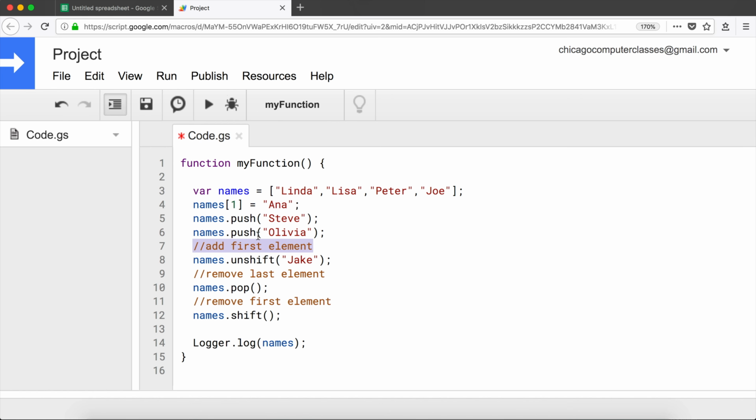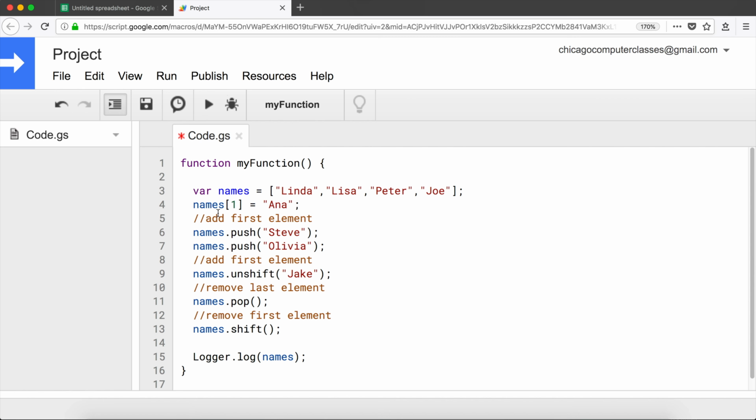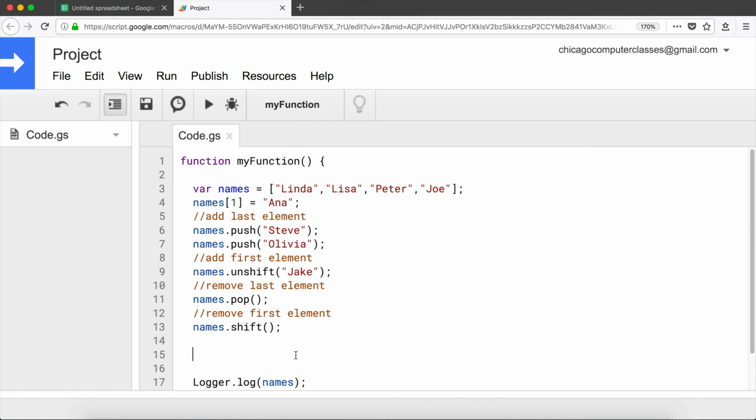And push will be add last element. So far, this is where we are. Moving on to the next